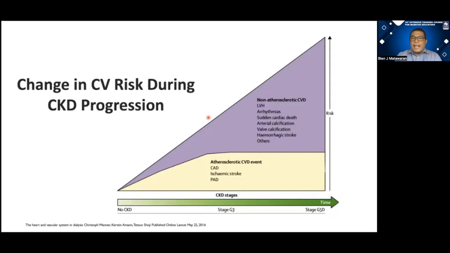And aside from that outcome, we also learned that with worsening EGFR, from no CKD to stage G5 EGFR, we see that the presence of atherosclerotic cardiovascular disease events rises. And together with that, with decreasing EGFR, there's also an increase in non-atherosclerotic cardiovascular disease, as listed in this